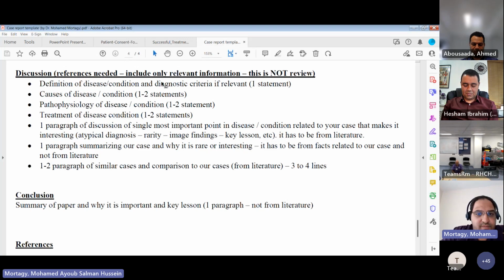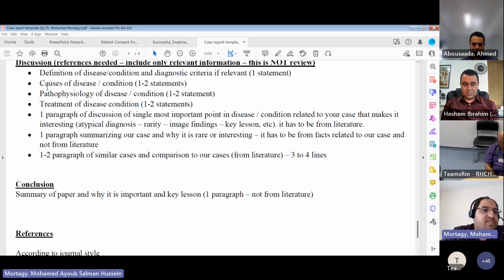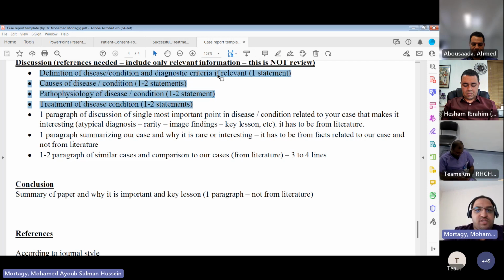I mean, you're not going to make it up. You have to get references for everything, and then how it's being treated. So basically, you're doing one paragraph summarizing the Moyamoya and Graves disease from the literature: definition, diagnostic criteria, etiology,